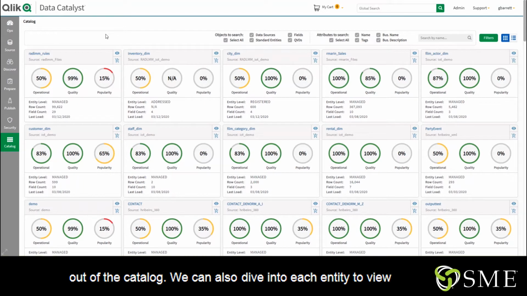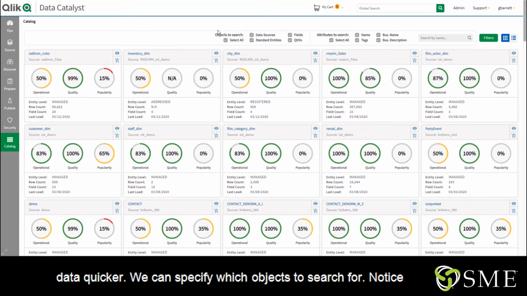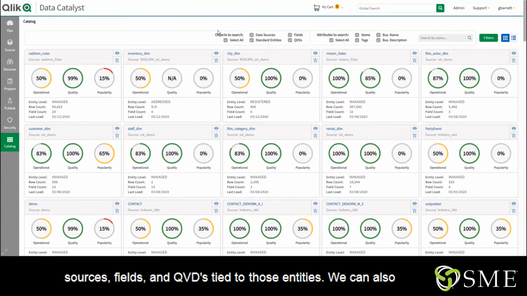We can also dive into each entity to view metadata, statistics, lineage, sample data, related entities, and much more. At the top, we have our filters to help us access our data quicker. We can specify which objects to search for. Notice that by object you can search for entities, but also the data sources, fields, and QVDs tied to those entities. We can also filter on tags, business name, and business description. All of these tie back to the data governance and organization that Data Catalyst provides. But there is one more thing that we can filter on to make things even easier for an end user: